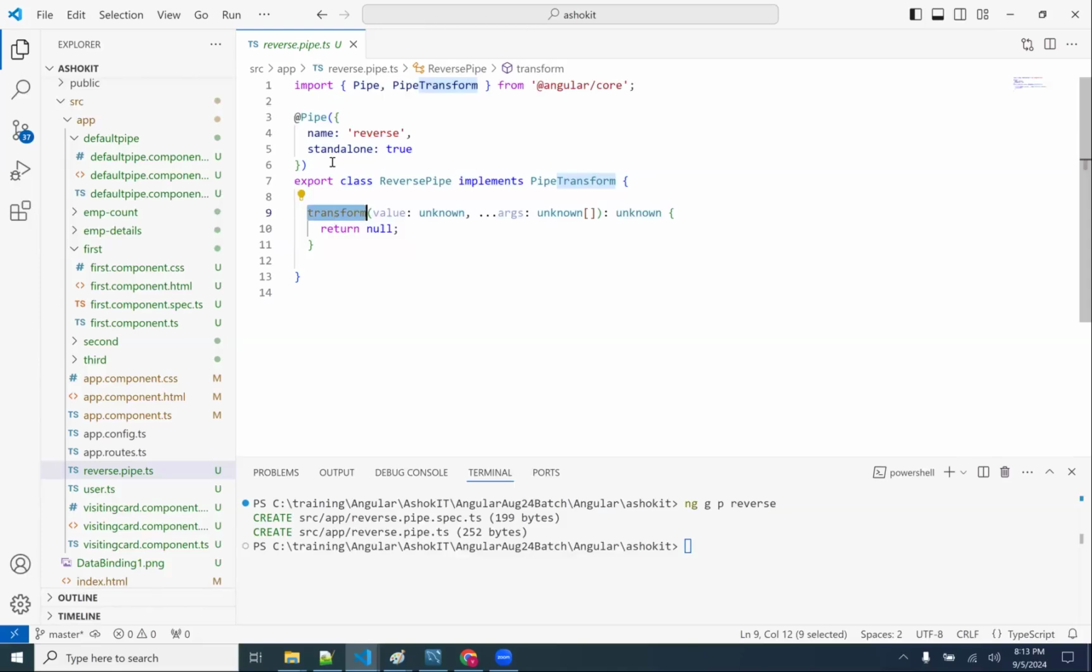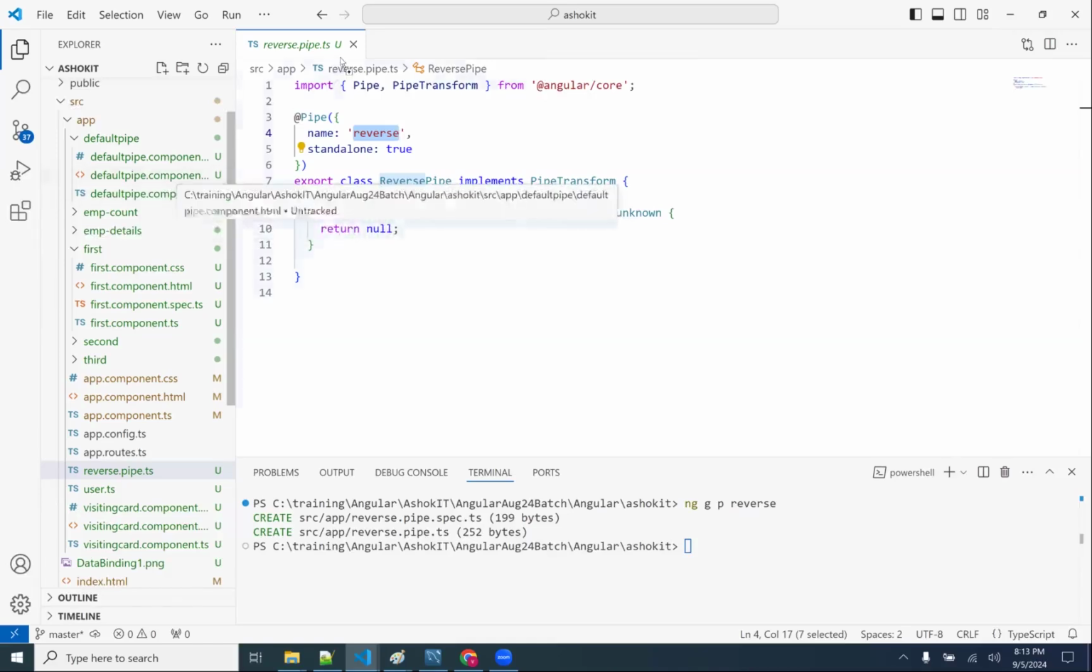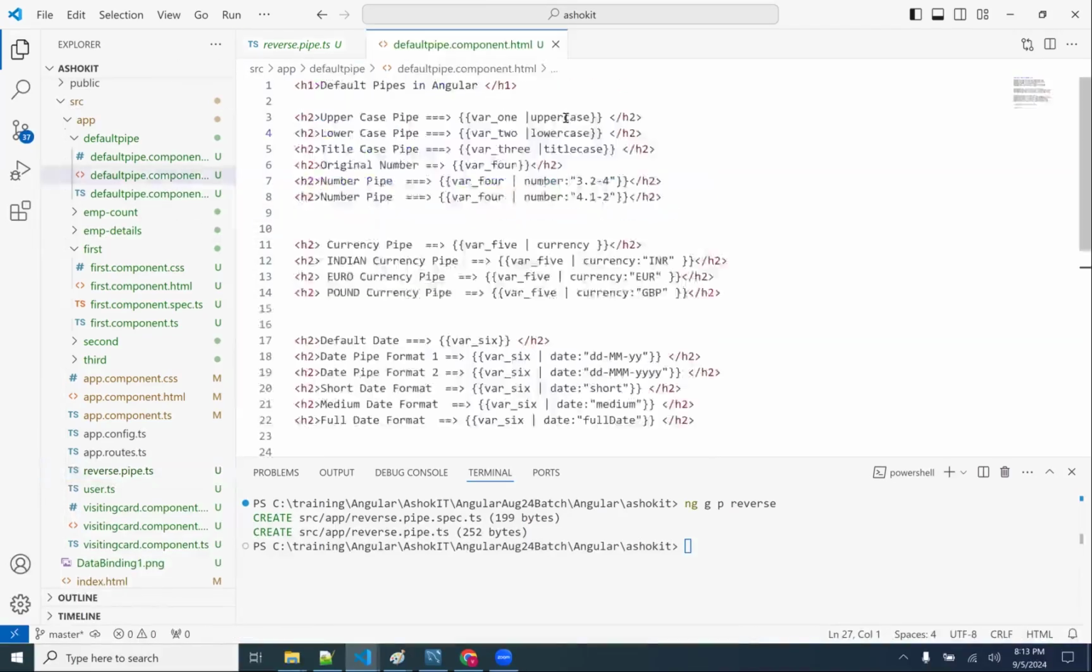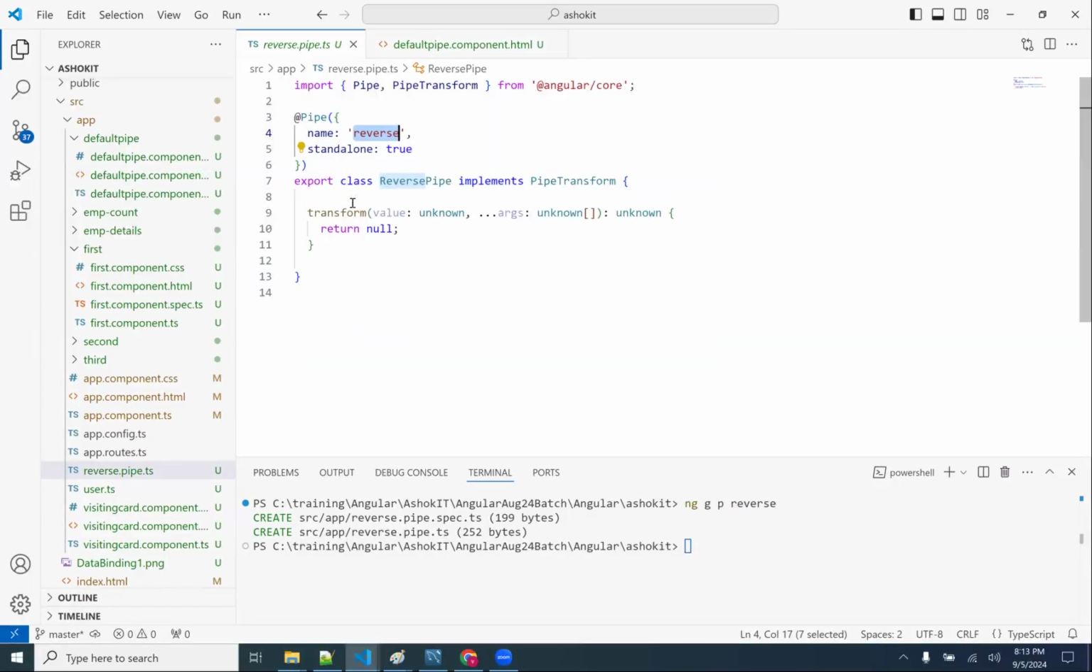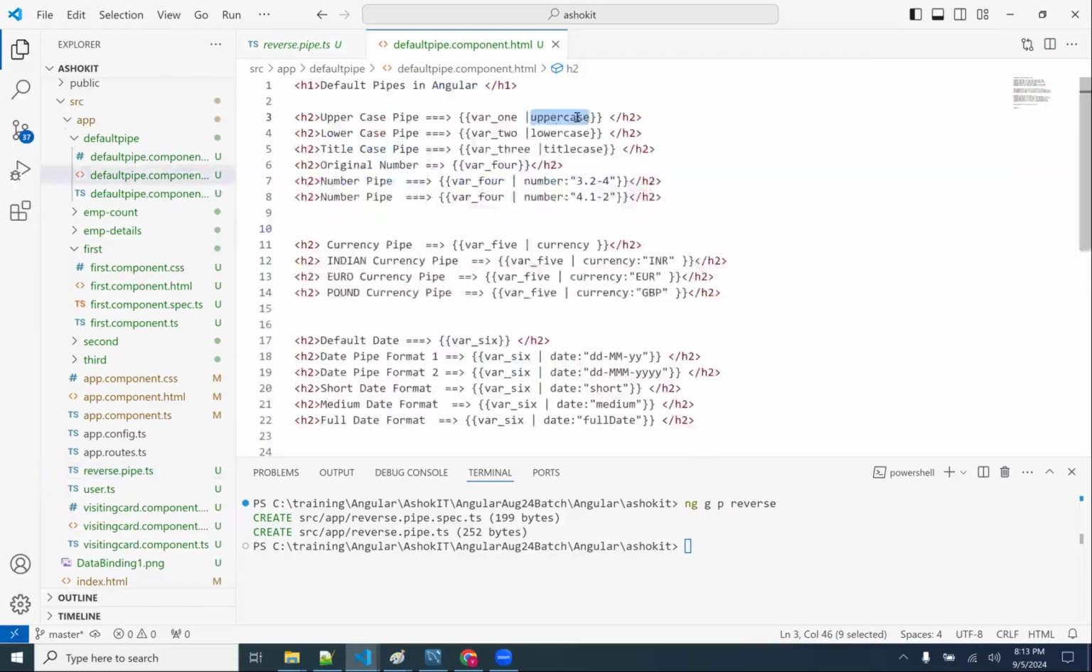So whenever I call reverse pipe, this is the name I can use to the outside world. For example, we wrote uppercase. Angular has created the uppercase pipe in the same way, and in its transform method they wrote the logic to convert the value into uppercase. Whenever we write variable one, pipe, uppercase, like this,